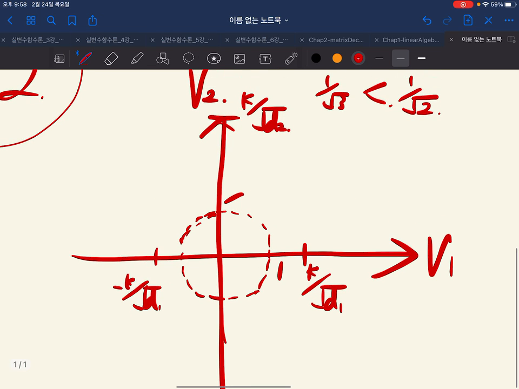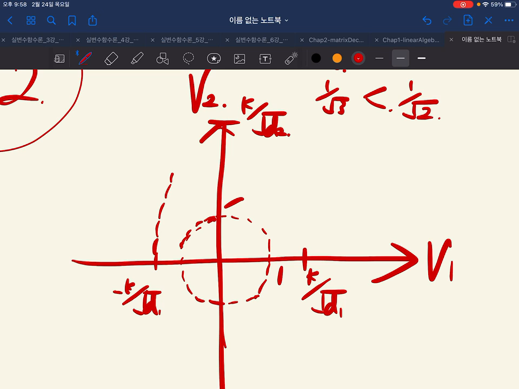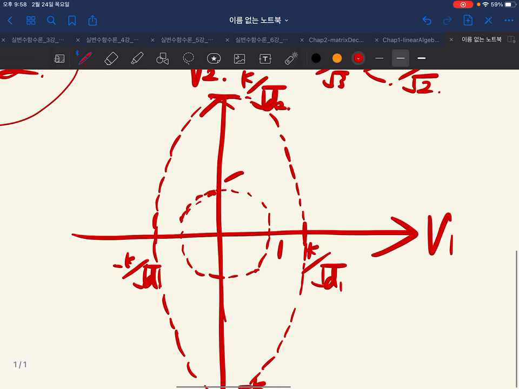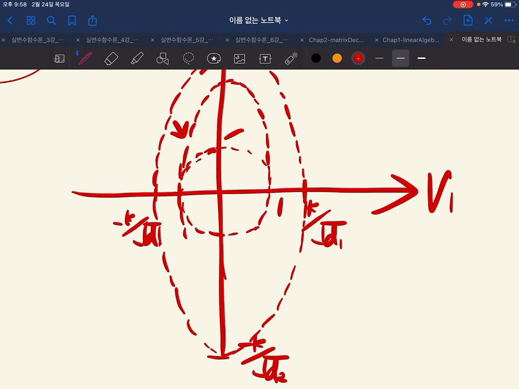If we take the contour plot of the function that we try to maximize, it will go this way, and if we reduce it,